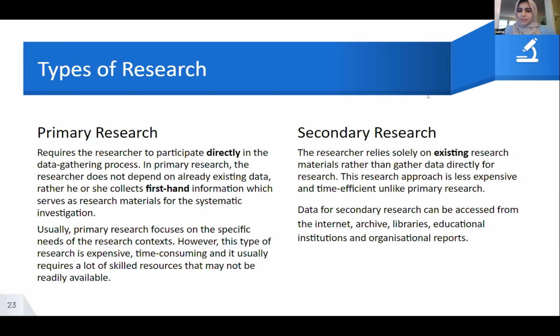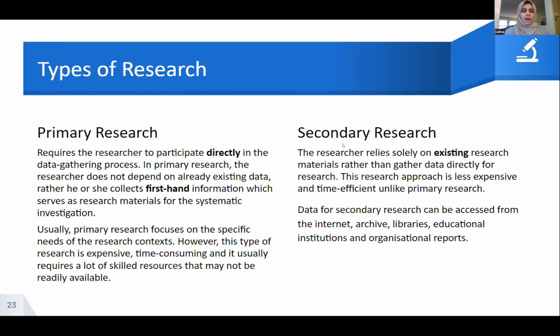And then secondary research is where you look at existing papers and bodies of knowledge. So rather than conducting your own experiment, you're basically completing a meta-analysis of multiple papers and trying to draw conclusions from there. Again, I'm only mentioning this because you want to know what type of paper you're reading. And also some of you will be doing primary research and some of you will be doing